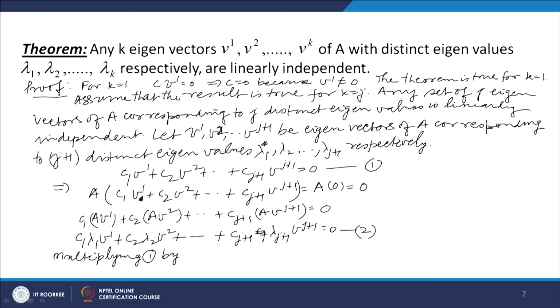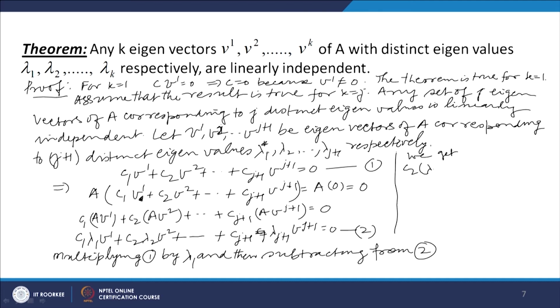What we notice is that c1 lambda 1 b1 will cancel with c1 lambda 1 b1, and we will get c2 into lambda 2 minus lambda 1 into b2 plus c3 into lambda 3 minus lambda 1 into b3 and so on, cj plus 1 into lambda j plus 1 minus lambda 1 into bj plus 1